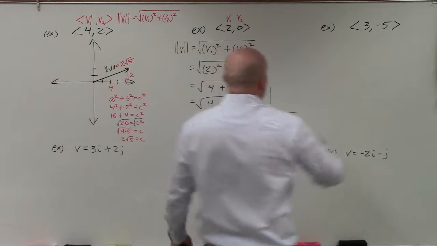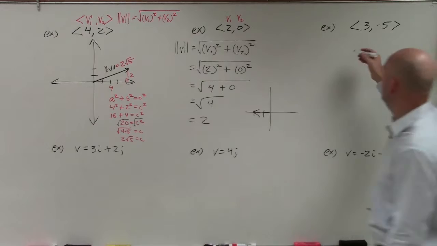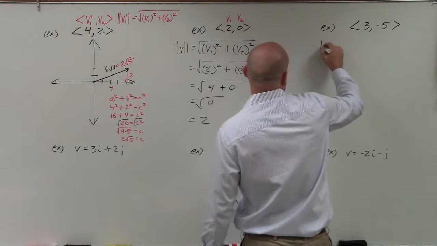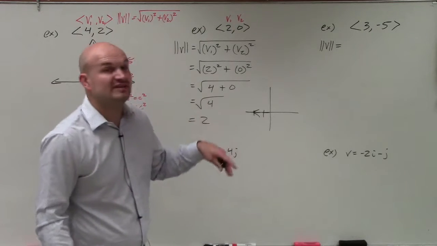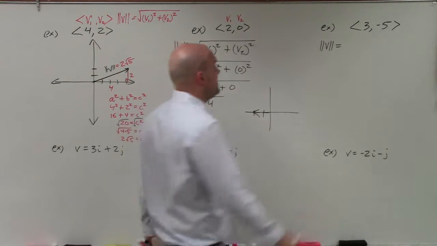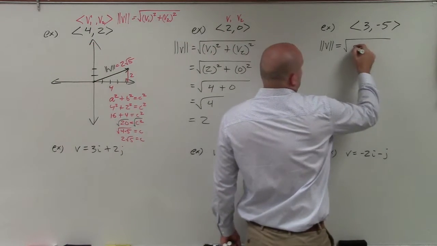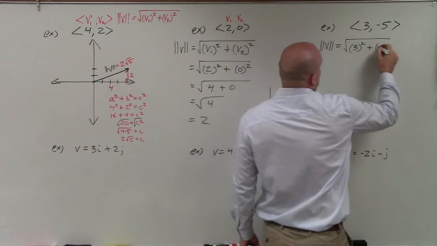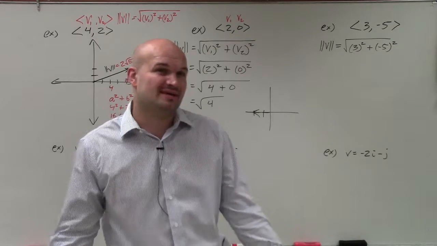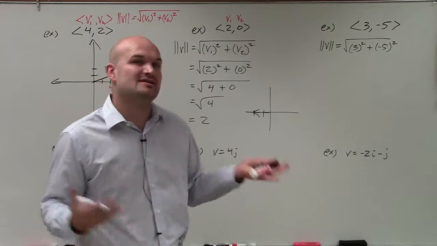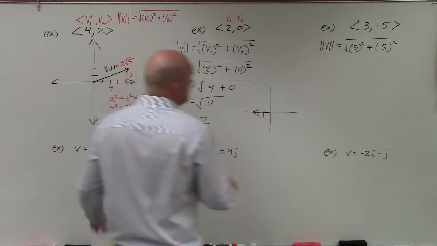Fairly easy. All right, I'm going to do this one a little bit quicker since we already know the formula. So I'm just going to immediately plug in my values, v1 and v2. v1 is 3, v2 is negative 5. So let's do 3 squared plus negative 5 squared. And what you'll notice is that it doesn't even matter if it's negative, because the squaring is going to take care of it. Because remember, when you look at the vector,